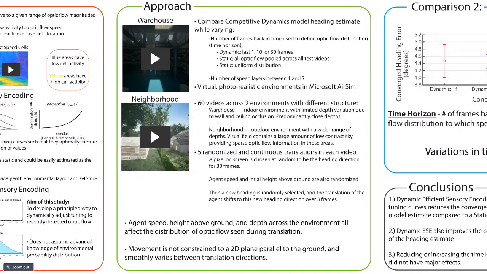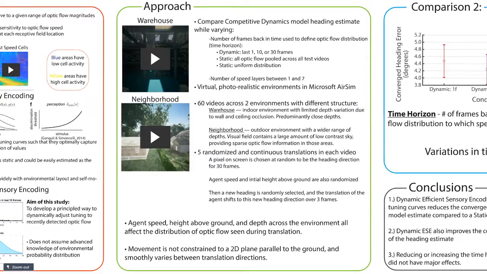Let's start with a comparison between 1 dynamic condition and 2 static conditions. As a control, the first static condition was an attunement to a uniform distribution of optic flow values. For a classic static condition, the model was attuned to the environmental probability distribution of all optic flow pooled across all 60 videos, and in the dynamic condition, the model was attuned to the optic flow seen in the previous